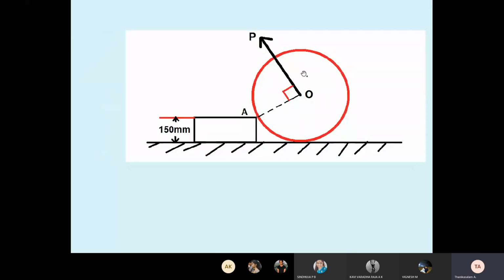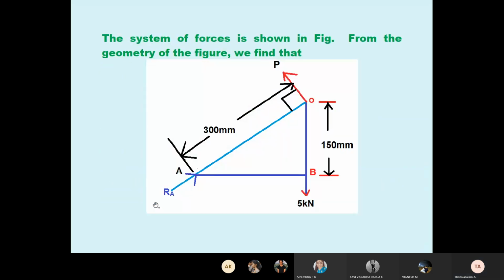So blindly they have given the diagram. See, when the wheel turns, the ball is in contact at A point only. Students, be careful. When turning, the ball is in contact at A point only. Okay, there are no contact surfaces. That's why I marked only the reaction RA. See, I marked only RA, as mentioned in the question.